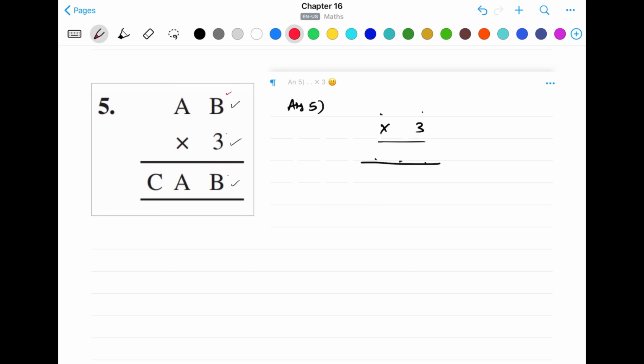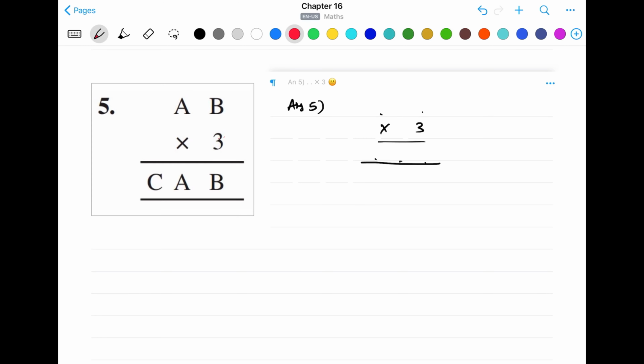That means if we choose B as 1, then 3 into 1 is 3. But we are getting 1 here and 3 here, that means 1 is not the answer. If we take 2, then 3 into 2 is 6, we'll get 6 here. Again, these two are different numbers. If we choose 3, then 3 into 3 is 9, again we are getting a different number. Or you can choose 4, 4 into 3 is 12, we'll get 2 here, again different digits. That means let's take another one.